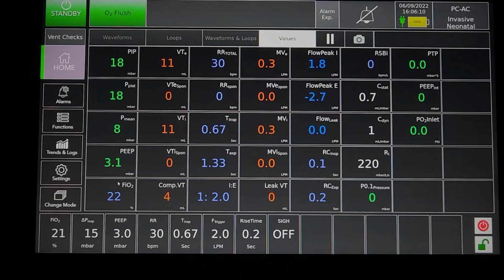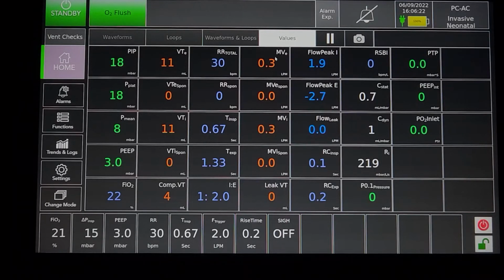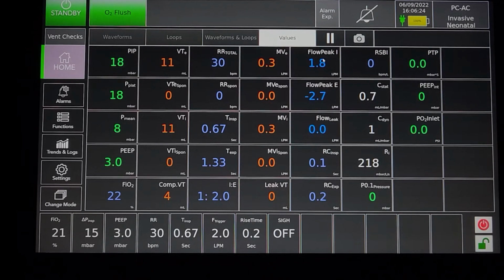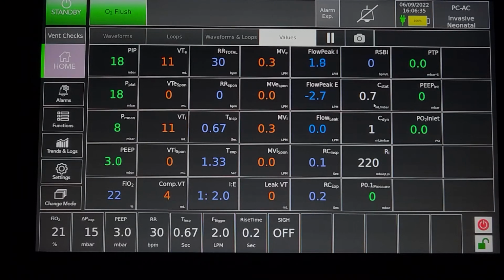The first column belongs to pressure, this is for the volumes. The third one is for the time based parameters, those are RR, TI, TE, I:E ratio. The fourth one is for minute ventilation. This is for the flow plus the lung parameters, like expiratory time constant, inspiratory time constant, rapid shallow breathing index, static compliance, resistance.